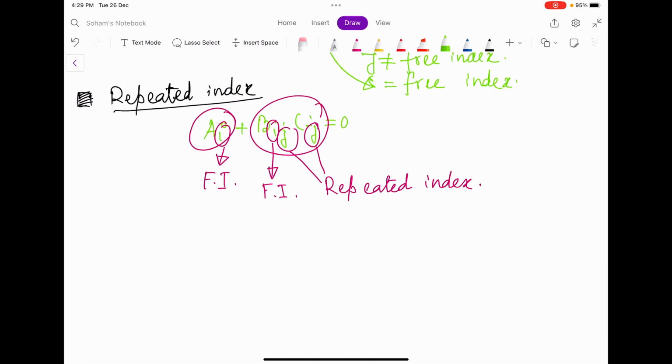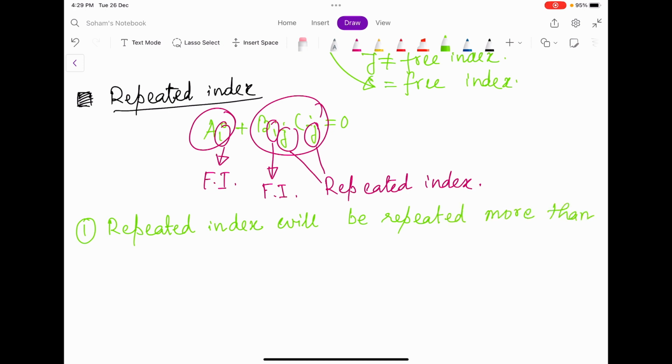So essentially a repeated index will be repeated more than once in a single term, right? Okay, so if this is the rule of the repeated index, then we have to know